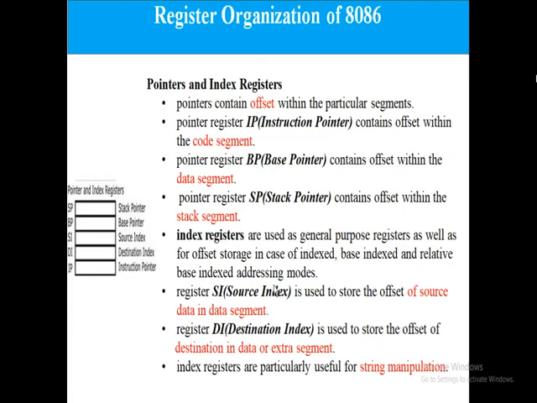DI is the destination index. It stores the offset of the destination in the data or extra segment. These index registers are used for string manipulation operations. SI tracks the source data and DI tracks the destination data.